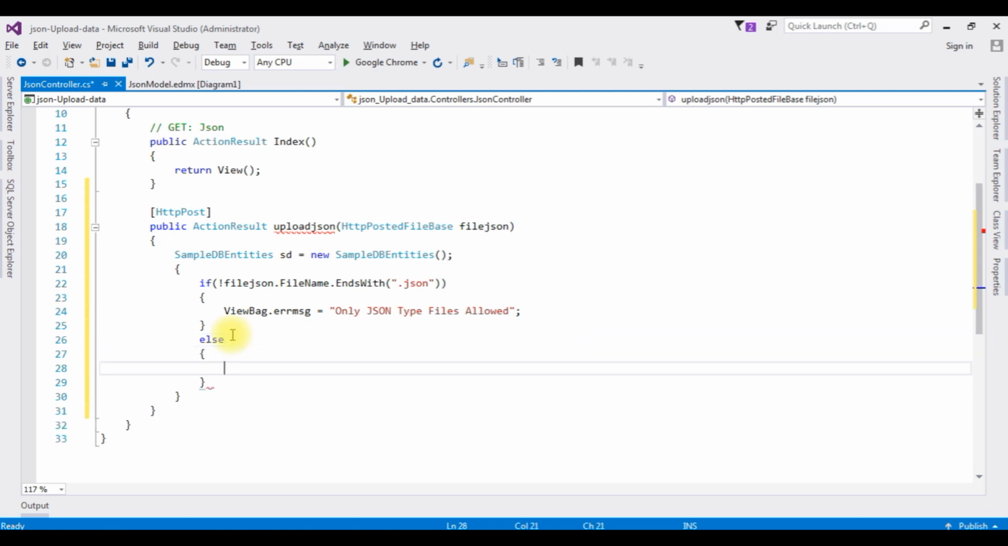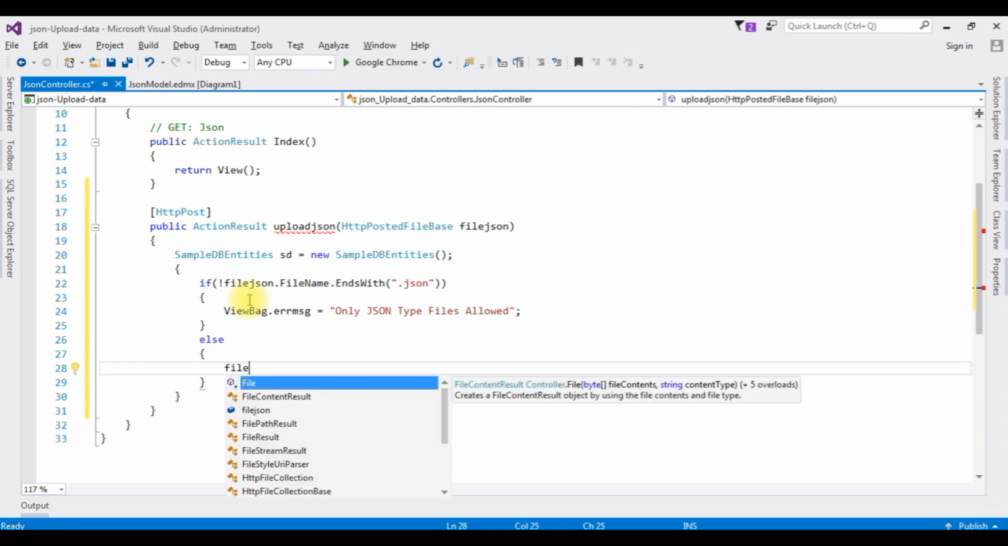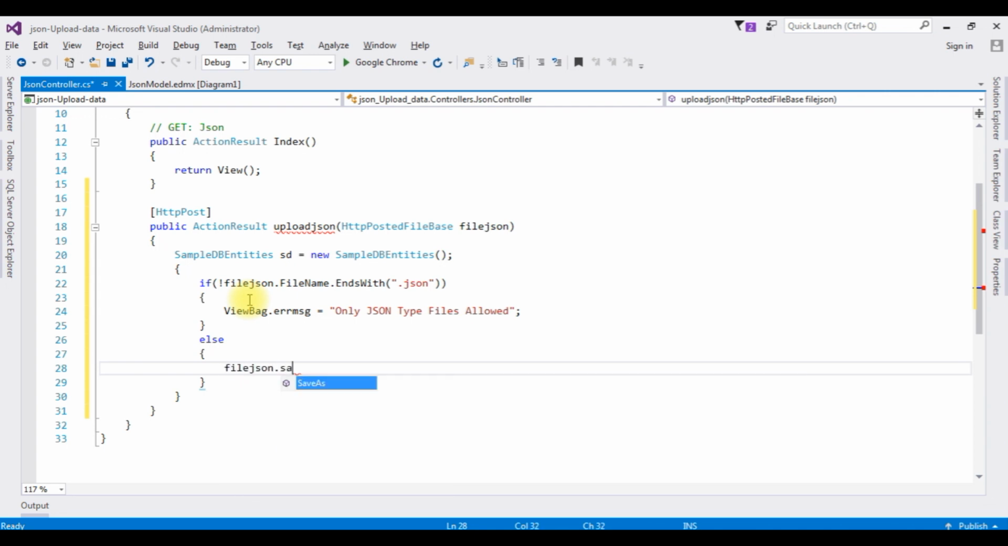Else, if the selected file is JSON type only, I want to copy that file into a special folder in my project, and I also want to save the JSON data into the SQL Server database. File JSON dot SaveAs